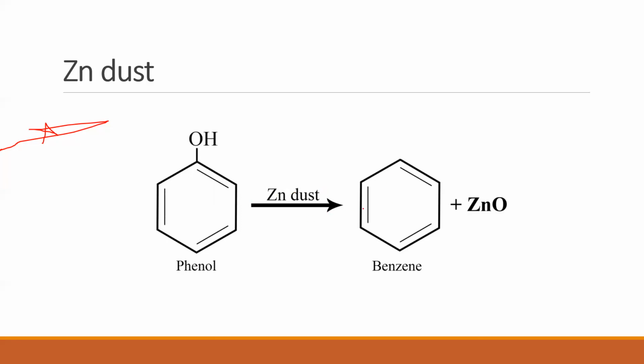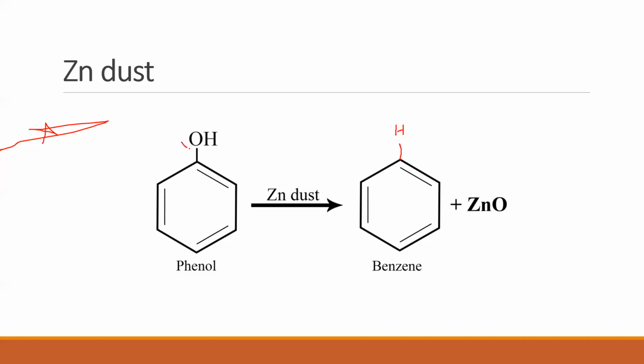Now, what is happening here? The first thing people tell me when they observe this reaction is, sir, OH is going out. How many of you honestly thought the same thing, that from phenol to this, OH has gone out? Yeah, not your mistake. It's just that you need to observe keenly. Now, benzene is nothing but C6H6, which means this carbon has a hydrogen attached to it, even though it is not shown here. So now tell me, what has actually happened?